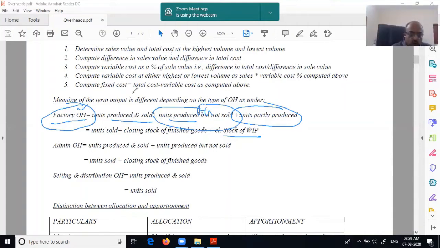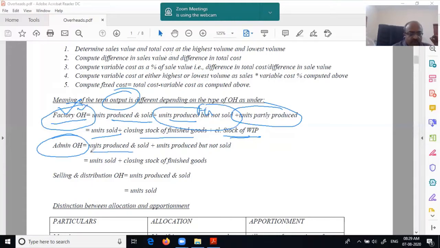Therefore, when you look at output for the purpose of factory overhead, you have to consider all 3: units sold, closing stock of finished goods, and stock of WIP. This is only to find out what is the input that has gone through factory overhead. Similarly, output for the purpose of admin, mind you. Admin, when you do,